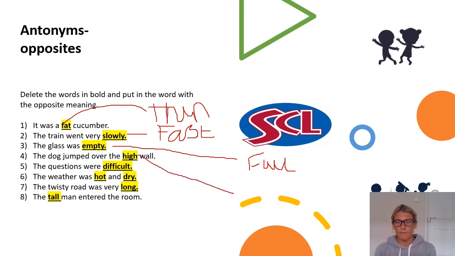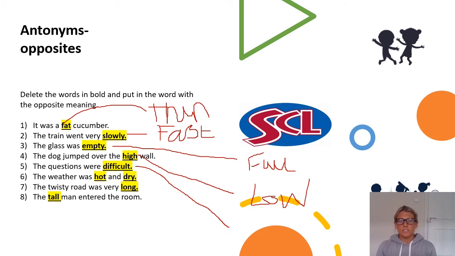Okay, number 4 then. We're getting through this nice and quickly, so well done. The dog jumped over the high wall. So what is the opposite to if you went really high? What would be the opposite if we came down to here? Yes, amazing work. Well done. So he jumped over a low wall. Great work. Keep it going. We're doing really well.